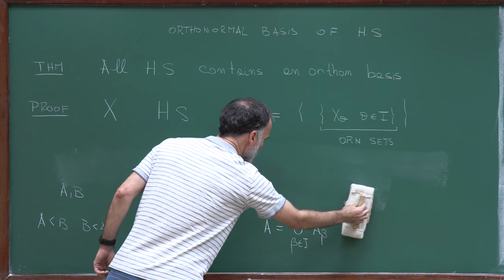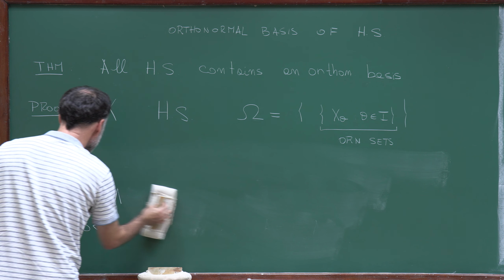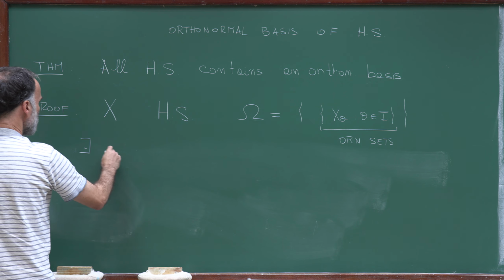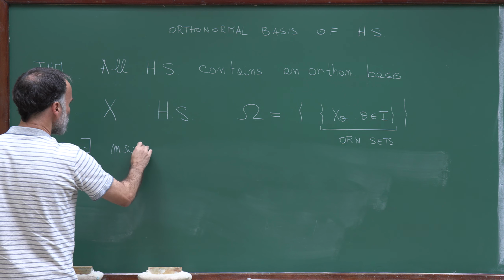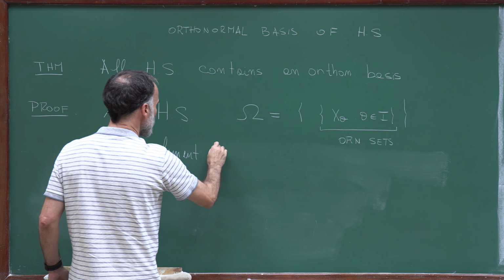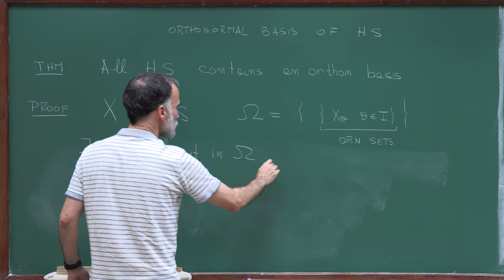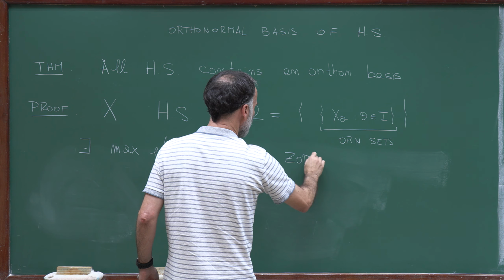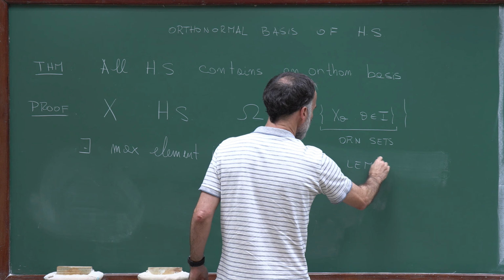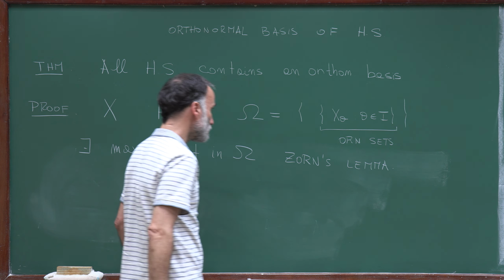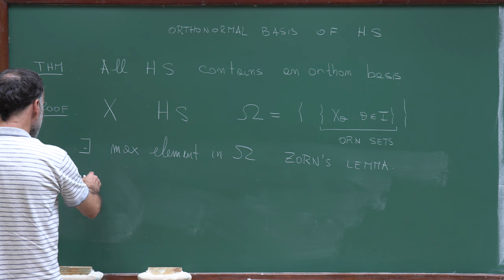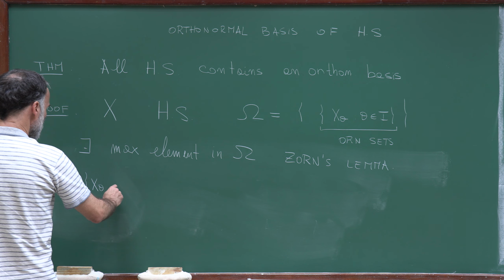So omega has a maximal element in omega according to Zorn's lemma, which I already discussed in these lectures. So there exists a maximal element, so let me call it x theta,